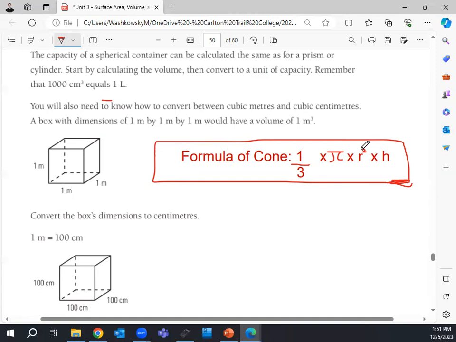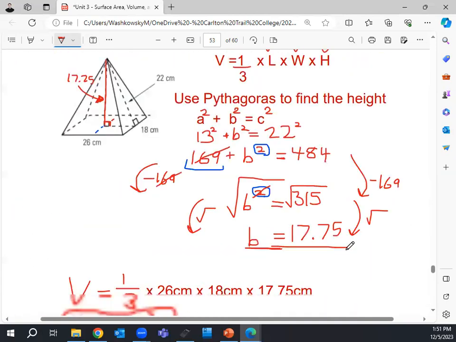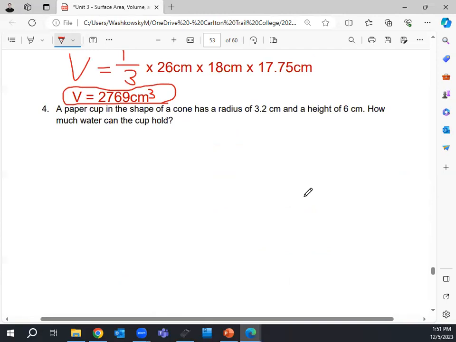Up here, oh, that's a 2. That's pi, that's r squared. Yeah, sorry, I know it's kind of small. So 1/3 times pi times r squared times height. So now that I have that, I'm going to go back down to our final question here, which is basically,